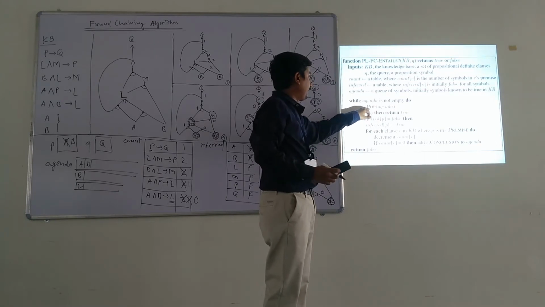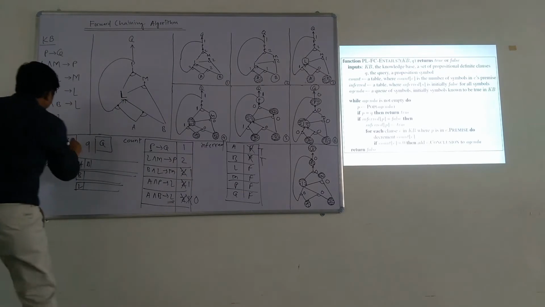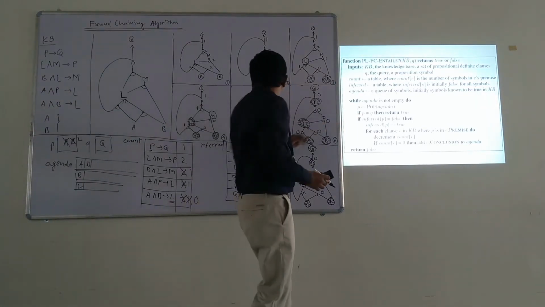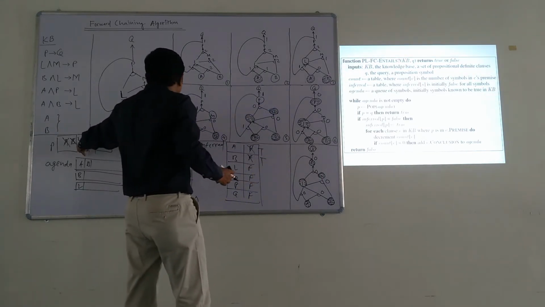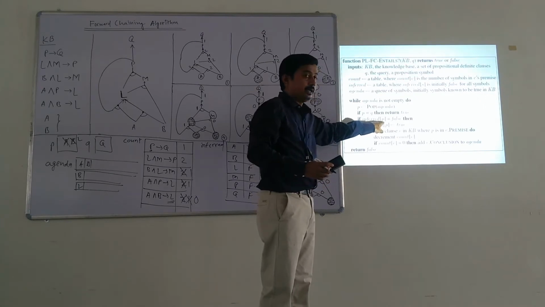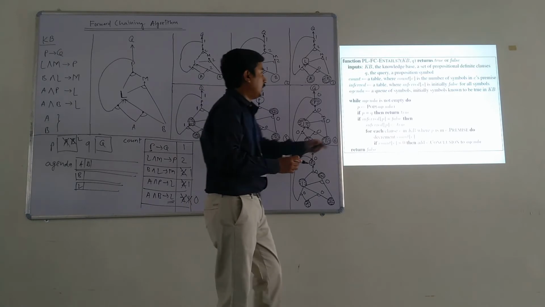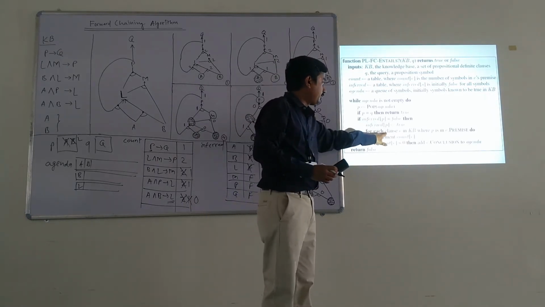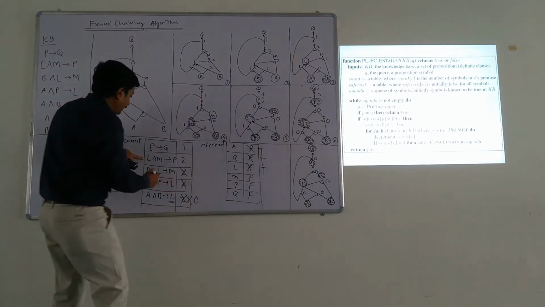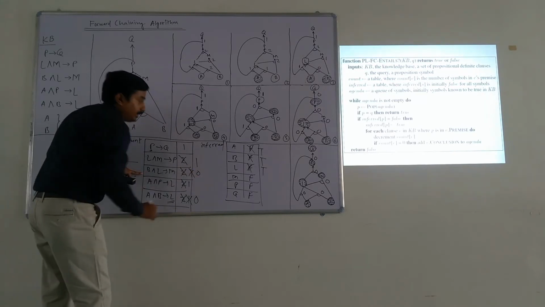Now it is not empty, so you have to pop its element. L is popped, so that is caught in P. Next, if P equals Q, that is, L equals Q? No. Then infer P, P's value is L, infer L becomes true. Then for each clause where L is in the premises, you decrement the count.